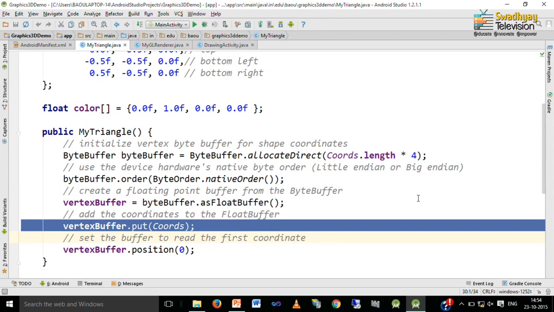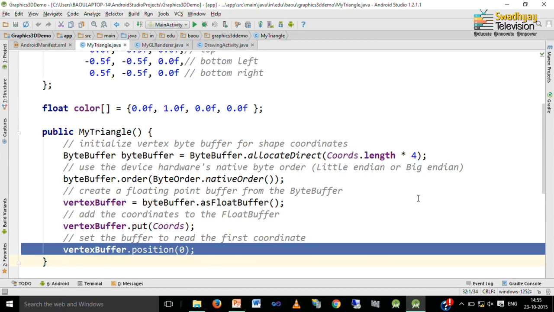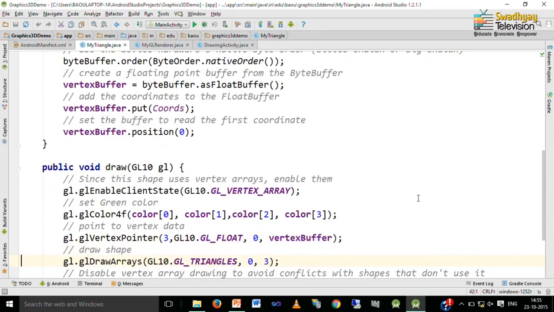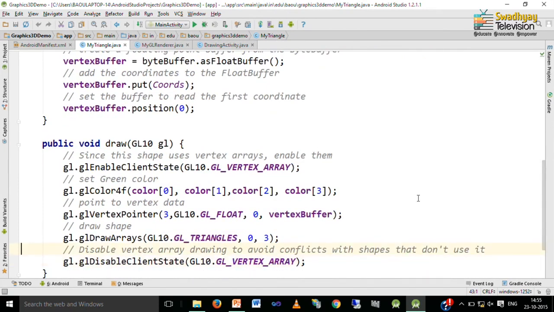So, we call the method put and inside this we write the array which is the coordinates, and finally we set the buffer to read from the first coordinate by using the method position and we specify 0. So, inside this constructor we specify that our coordinate data is stored in the float buffer and OpenGL can read it, starting at position 0.